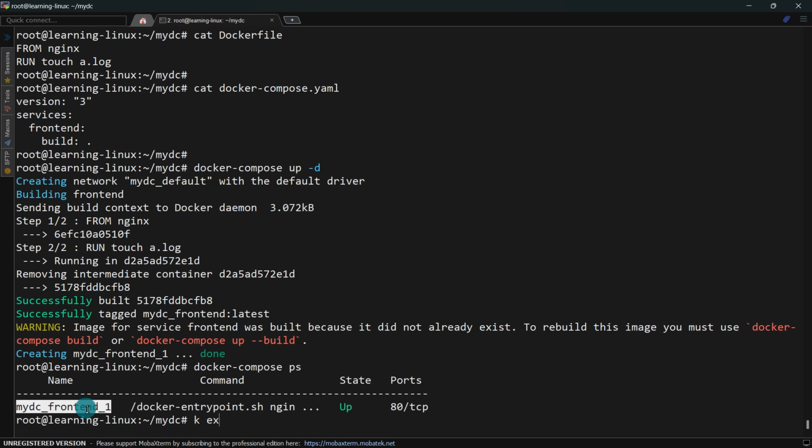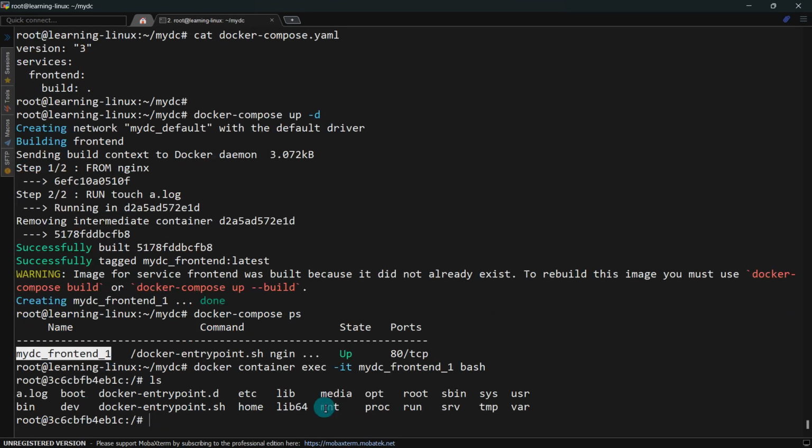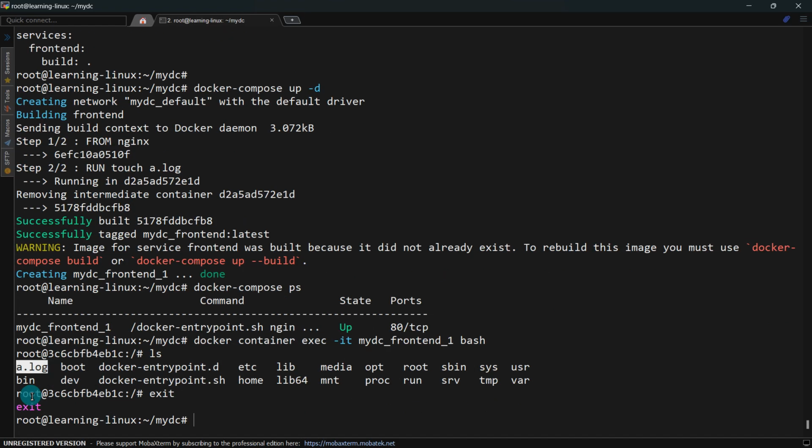So if you just go within this container, this one.a.log, whatever file we have created within the image, it's available over here. Okay,